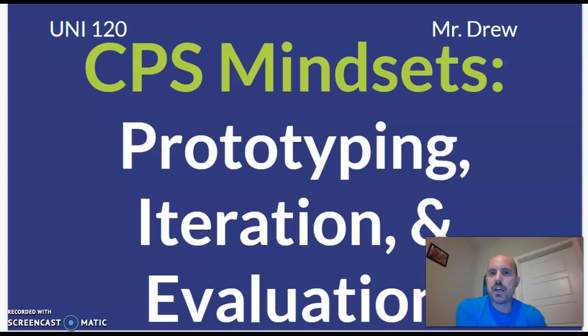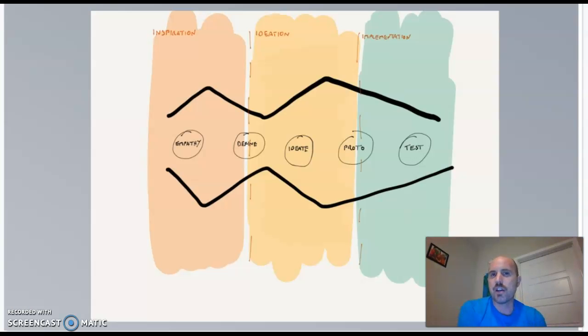So as we're talking about next week's class, we'll be talking about prototyping, iteration, and evaluation. And so we've introduced these concepts before, these stages of the inspiration, ideation, and implementation, and then these 5 stages of the creative problem solving where empathy, define, ideate, prototype, and test. So as you've been working through your projects for how do you solve the question that you're posing, you've hopefully been using the mindsets we've been talking about in class as far as empathy, awareness, collaboration, optimism, creativity, rebellion, and confidence.